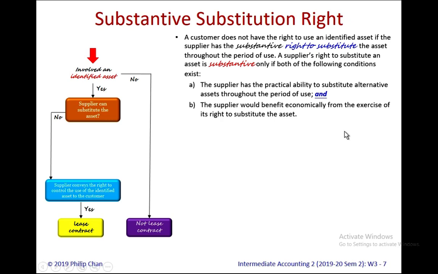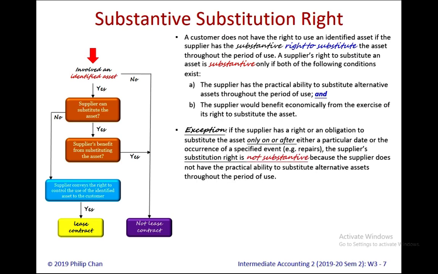So if the substitution right is in fact substantive, and the supplier can benefit from it, I'm afraid that in this case the contract is not considered to be a lease contract, because the substitution right is substantive. However, there are exceptions. The exception is, if the supplier has a right or an obligation to substitute assets